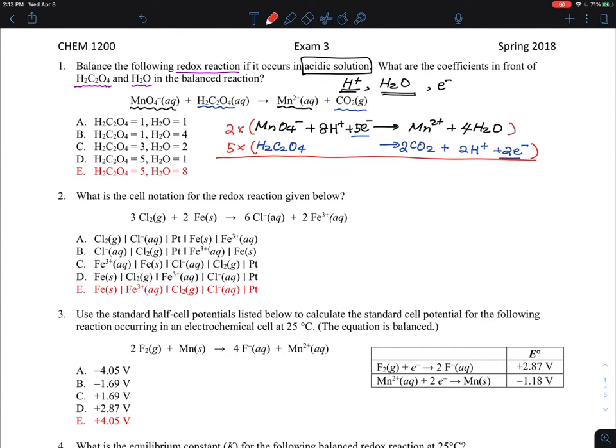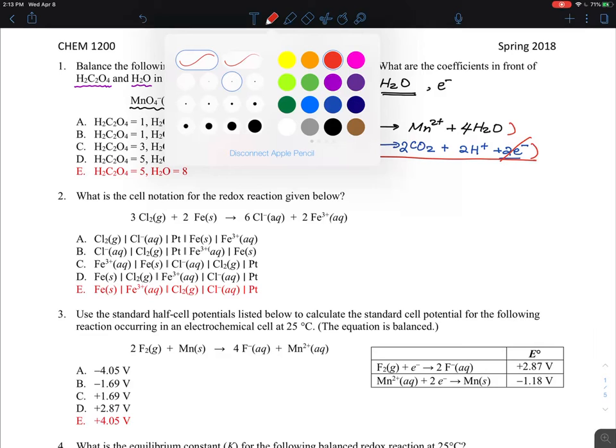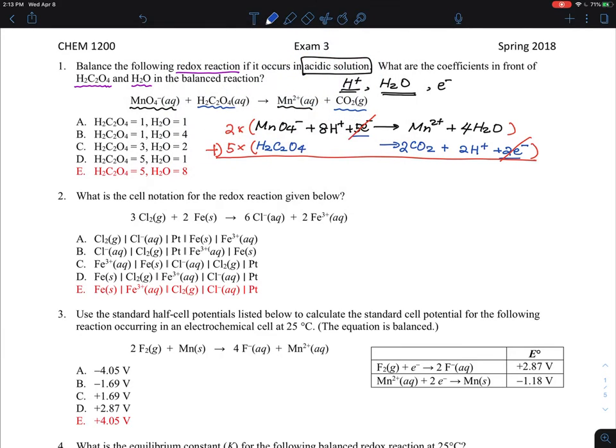If you add them together, these electrons are gone, and then you retain what is remaining. The first part is 2 times MnO4 minus, and H plus is 16, and then you also have 5 times